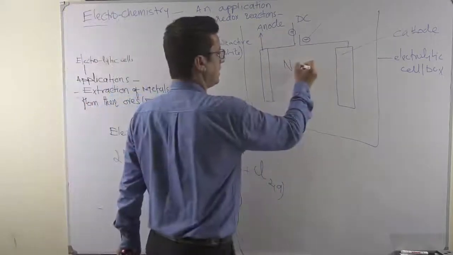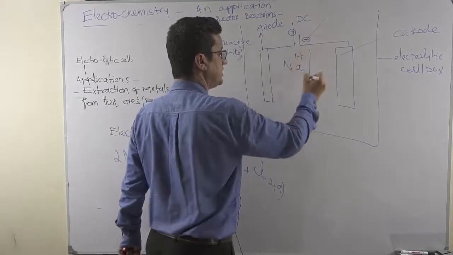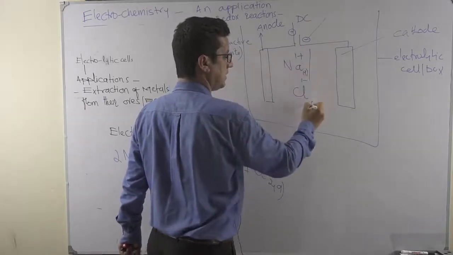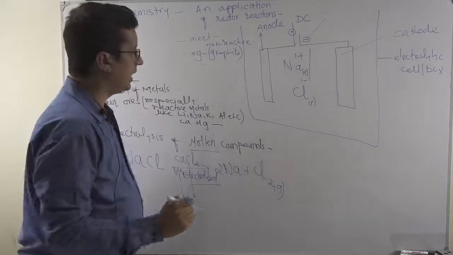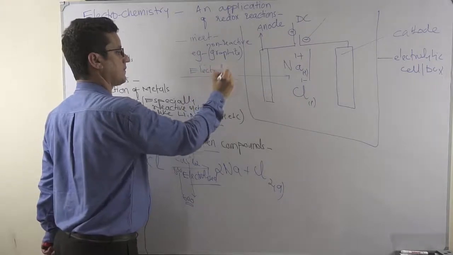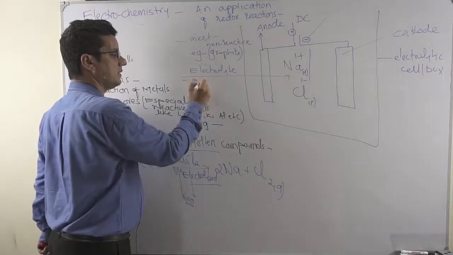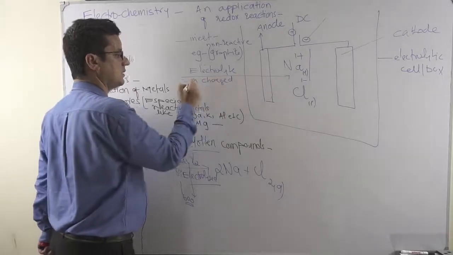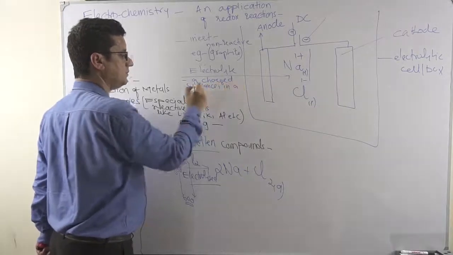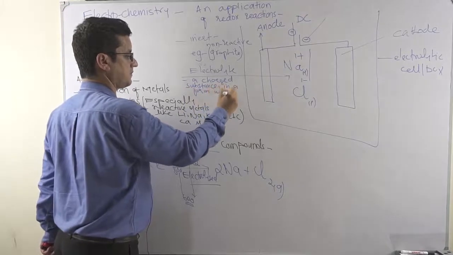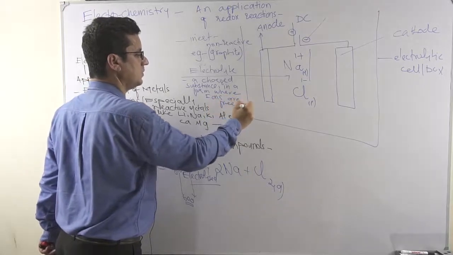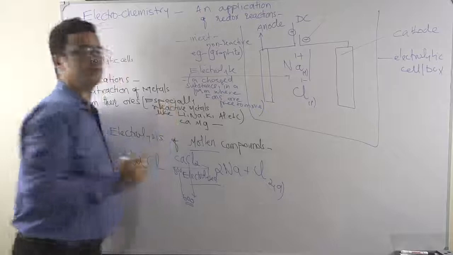Sodium chloride mixed with calcium chloride, when a huge voltage is passed through, is in molten form. Sodium ion and chloride ion, liquid form. So in our case, this is an electrolyte. An electrolyte is a charged substance in a form where ions are free to move. Then it qualifies to be an electrolyte.